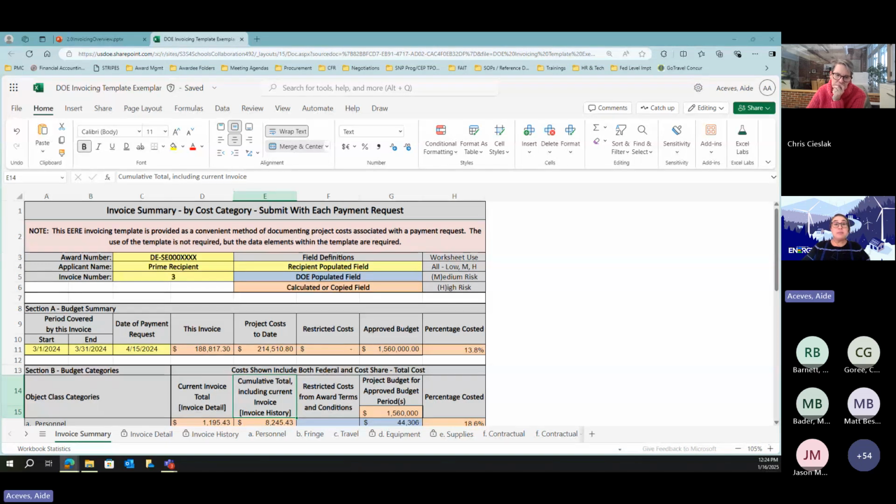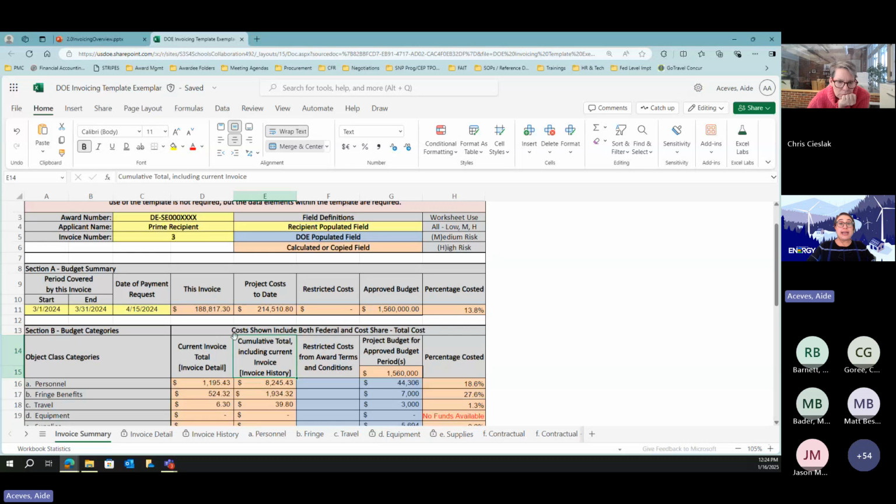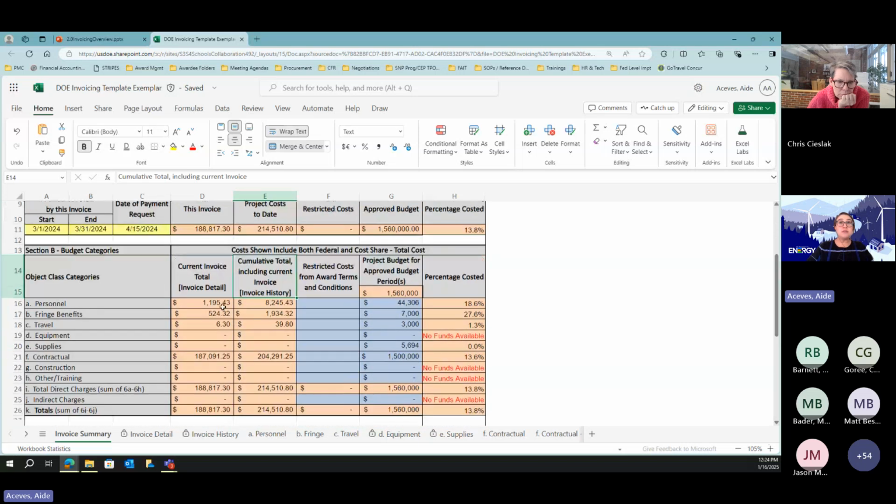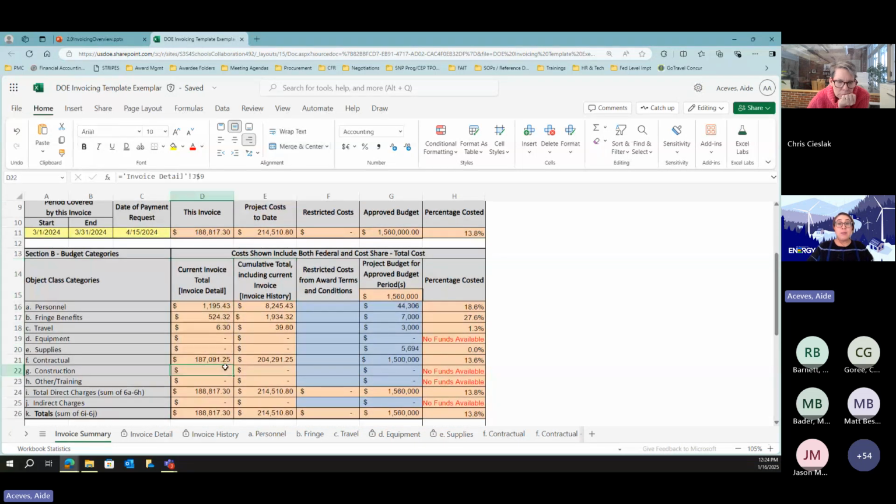All right, so the invoice template speaks to your budget justification. So you will see some similar tab names to the right down here. The first set of tabs, the invoice summary, invoice detail, and invoice history, focus on all things invoice. So this first one that we're looking at is your invoice summary. This will be a dashboard of key data, both concerning the current invoice, right? We have the current invoice, and then it also has cumulative data related to your invoicing or your invoice history.